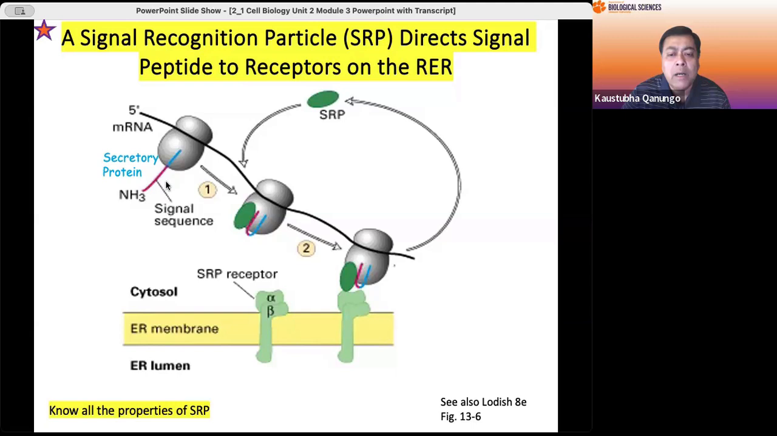And immediately upon the emergence from the ribosomal tunnel, again repeating the word, immediately upon the emergence, there is a tunnel right here in the ribosome through which the protein is pushed downward. Approximately 30 amino acids fit into that tunnel. So as soon as there are 30 amino acids in there, the signal is going to come out. This is a super fast process. Now, there is a large ribonucleoprotein complex, which is called the SRP,